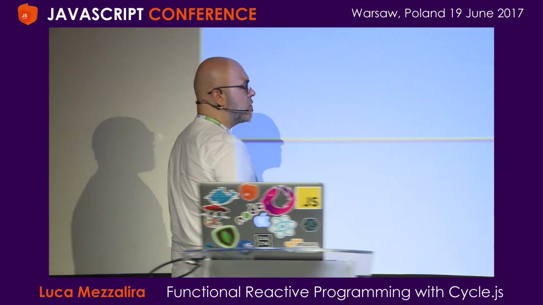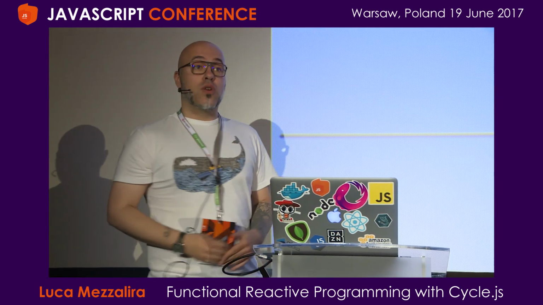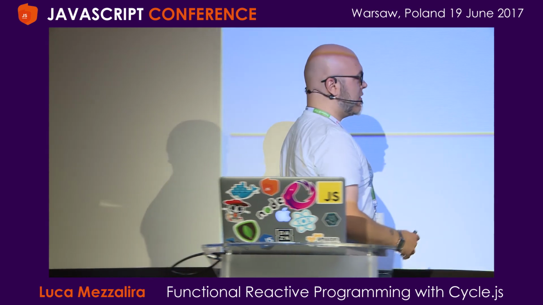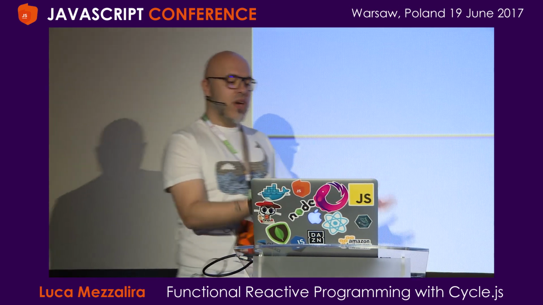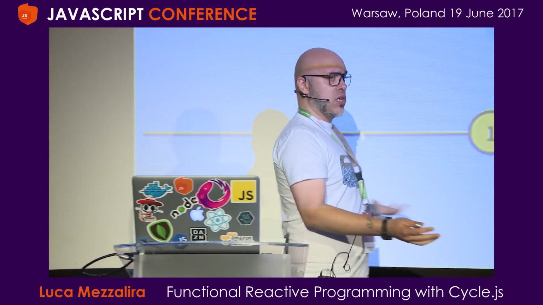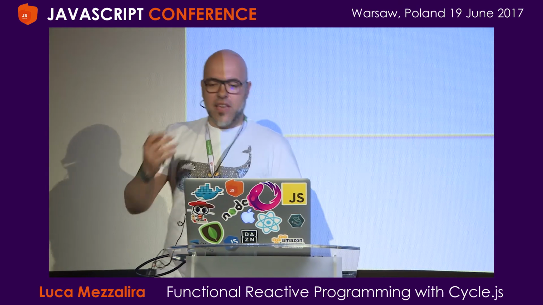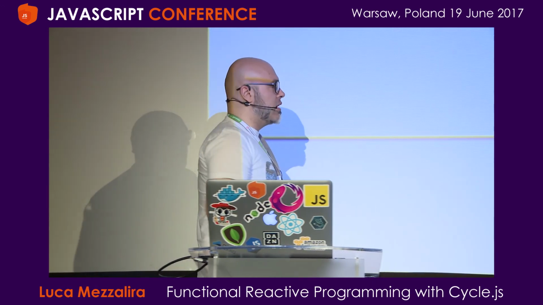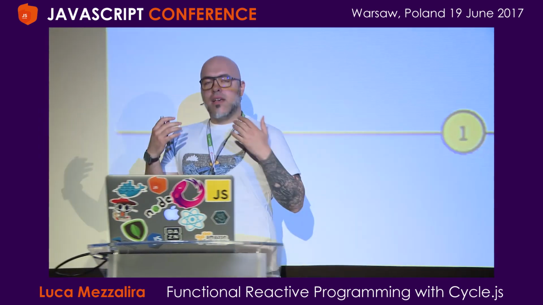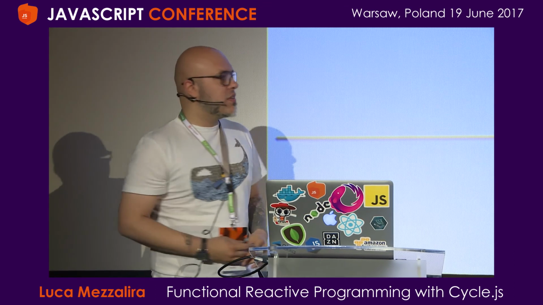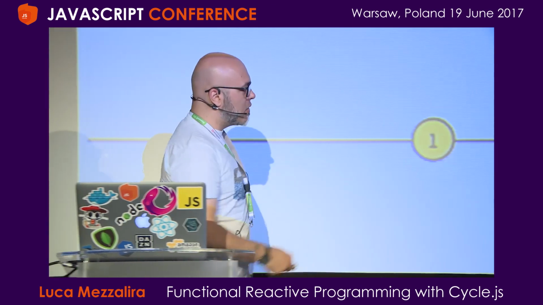Potentially, this value could be generated by a user interaction. It could be generated by, I don't know, data retrieved from the server. It could be generated from anything. Because as you can understand here, the concept is pretty simple. I'm passing these values over a certain amount of time inside an object. It could be applied to anything. You can replace listeners. You can, I don't know, replace that in retrieving HTTP request results, and so on. So this concept could be applied anywhere. And that's why in reactive programming we say that everything can be a stream. Another thing to remember about this diagram is the last part here.